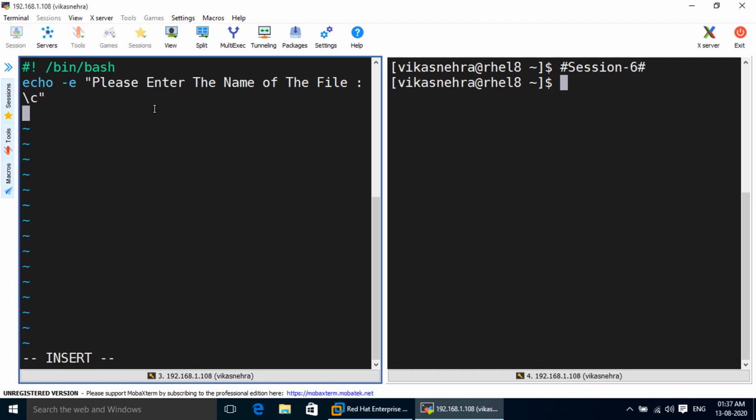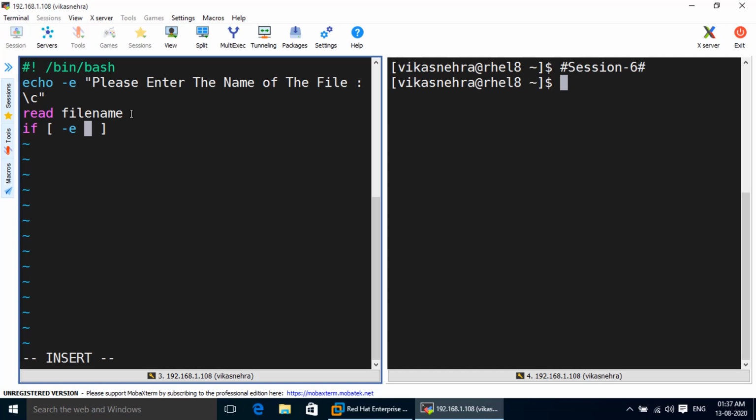Now in the next line we will use the read operator to read the input and we can store it in any variable. So we are going to use the filename variable to store the input. Then we will define a condition using the if statement. Hyphen e.